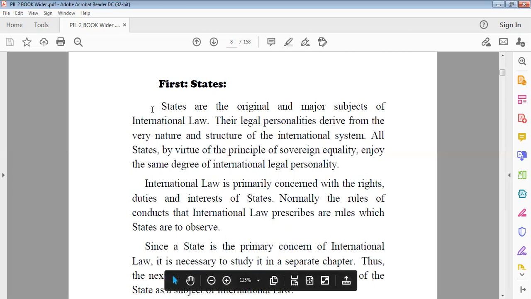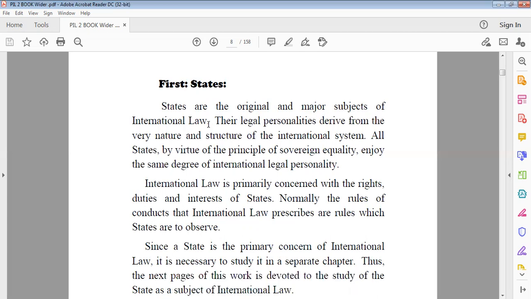So states are the original and major subjects of international law. This is a true fact. This is a matter of fact. No one can deny that the states are the original and the major subjects of international law. The only school which is considered against this fact is the French school, or the school of George Scelle and Charles De Visscher,